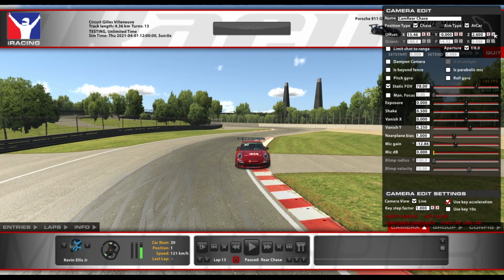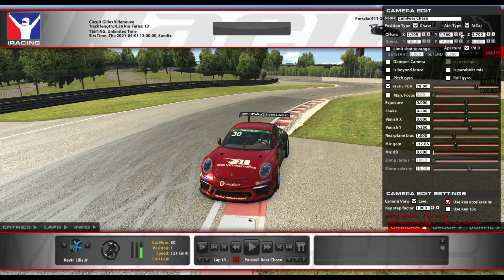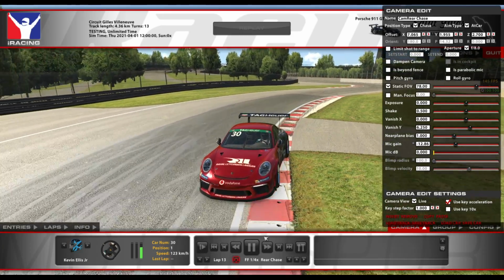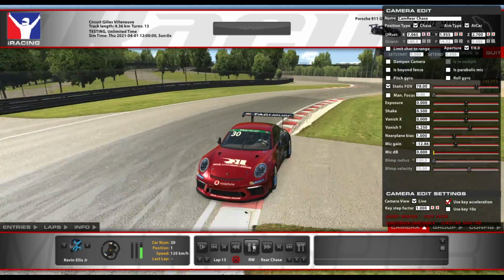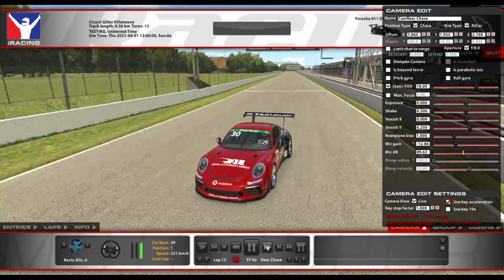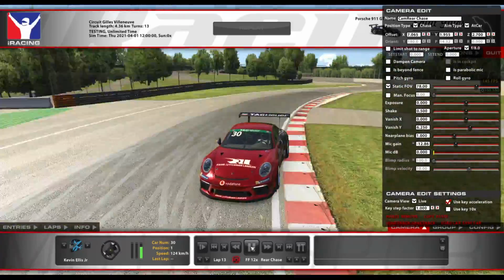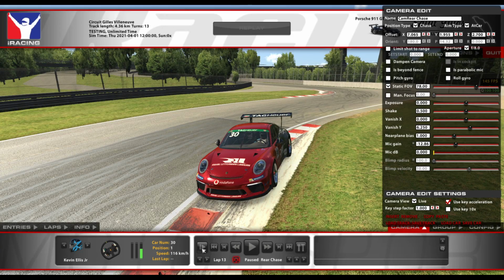If we zoom this in just a little bit, you'll be able to see what I'm talking about here. You can see that we're essentially bringing this in and landing in the escape road, and then just getting back onto the track as the grass comes up here. So this is essentially your goal for that chicane, is to try and jump over the curb as best as you can, so that you avoid the pogo and